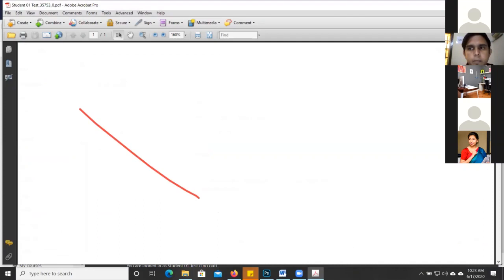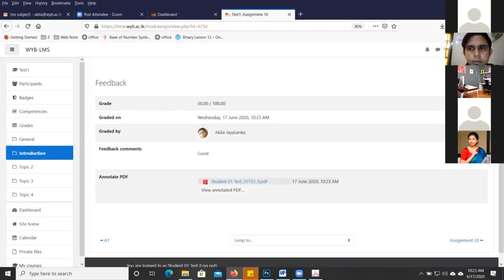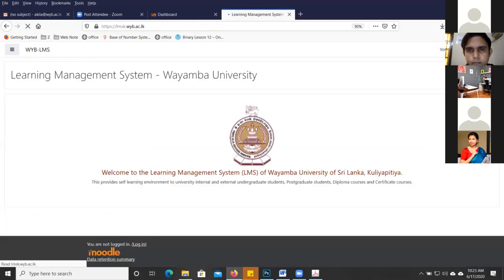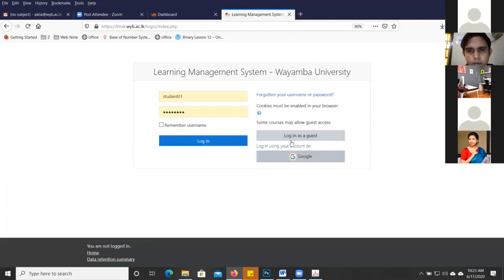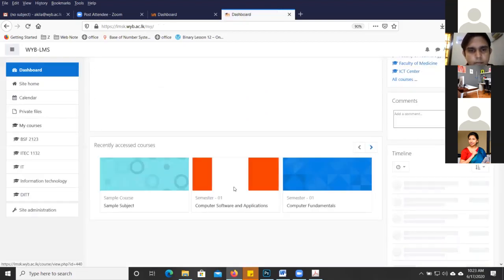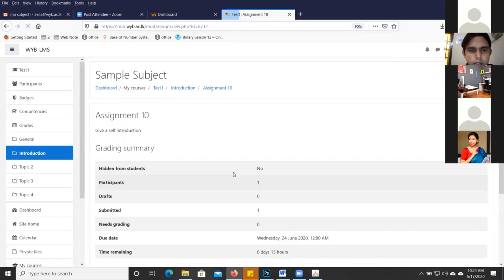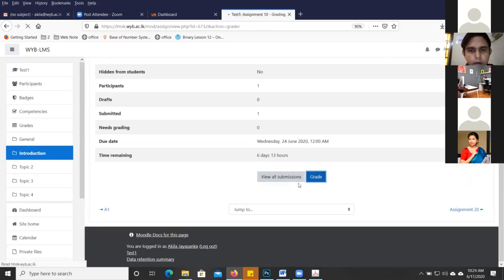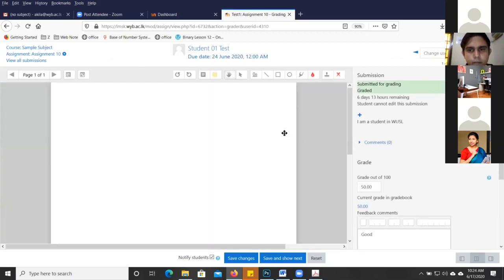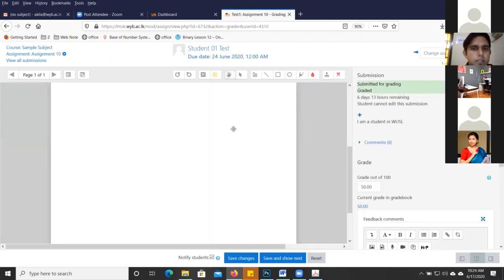Right. So if I explain again, in the assignment, when you're going to grade it, you can see this window, grade. So this is the comment sheet.